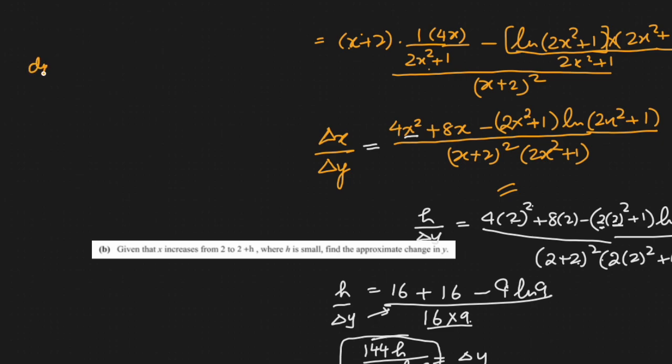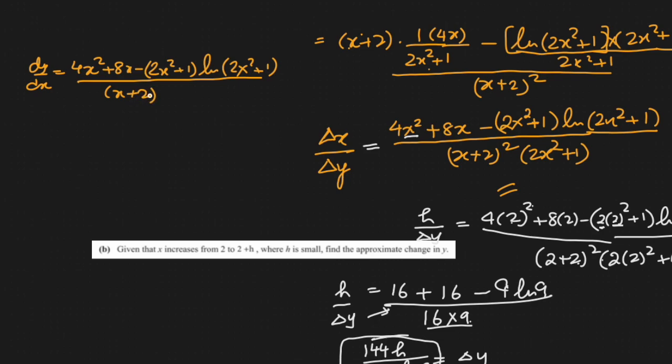Dy over dx is equal to 4x square plus 8x minus (2x square plus 1) natural log 2x square plus 1, divided by (x plus 2) square